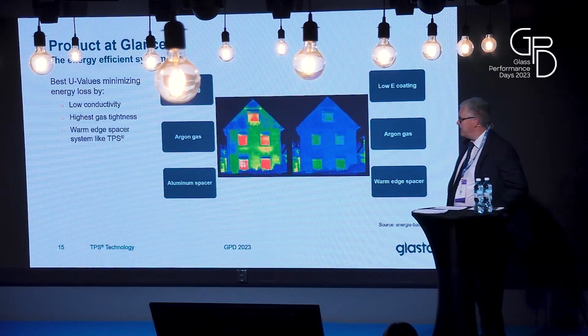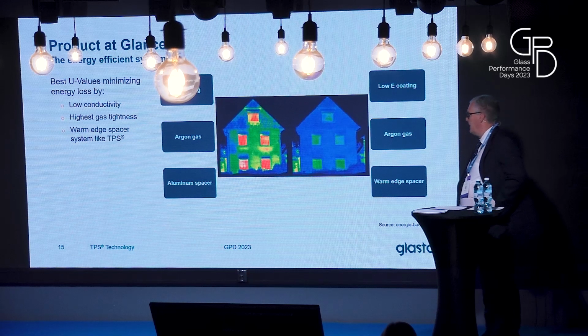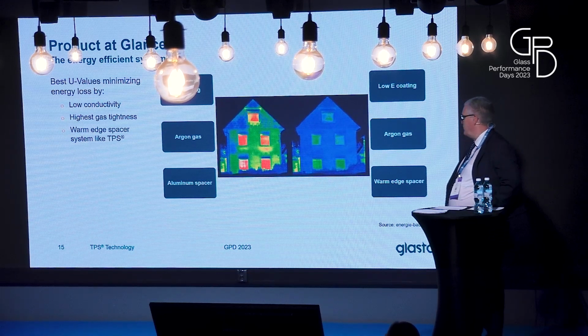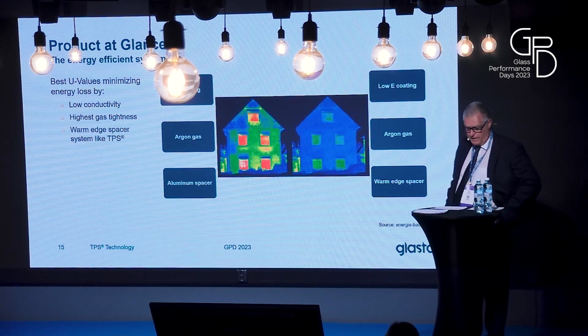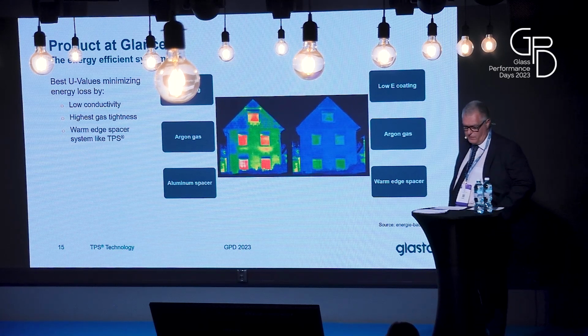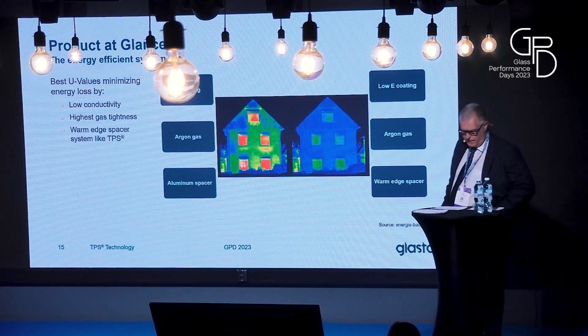On this slide, we can see a direct comparison between installed windows with different insulating glass units, taken with a thermal imaging camera. On the left side, there are windows with insulating glass units with conventional aluminum spacers. On the right side, units with warm edge spacers like TPS. The infrared image shows on the right side of the building that the heat loss is significantly lower